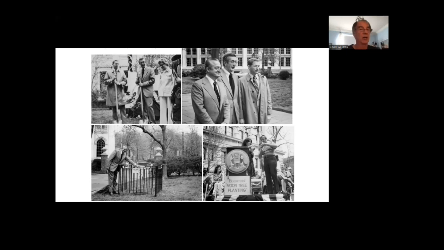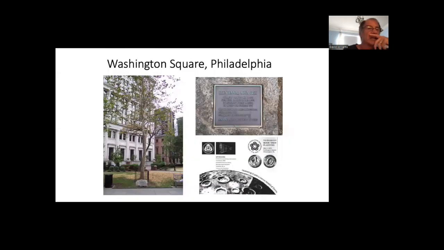And so a lot of them were in places like these, Washington Square. A lot of them were state capitals. A lot of them were tiny little parks and local places, and they basically got sent out to different states and planted wherever the governor or whoever they put in charge of it decided. Some places had little contests. Maybe at elementary schools, children would write an essay, and they picked the best one, and that school would get a moon tree. They sent roughly three to most states. Some states got more for various reasons, but the one in Philadelphia, sadly, has since died.